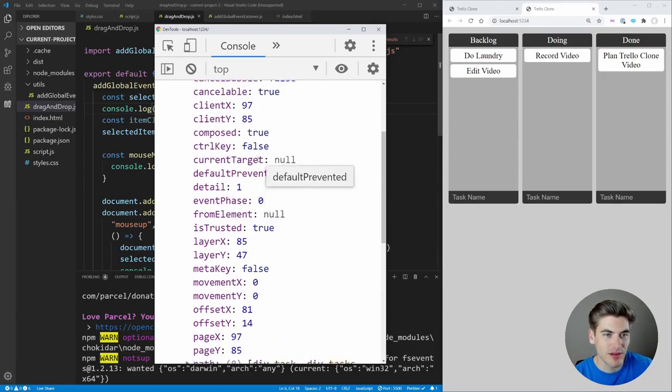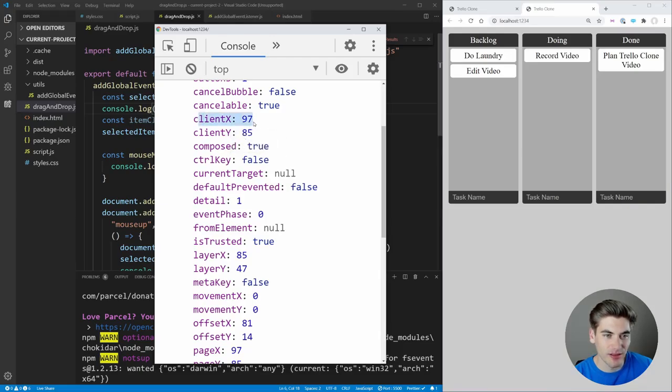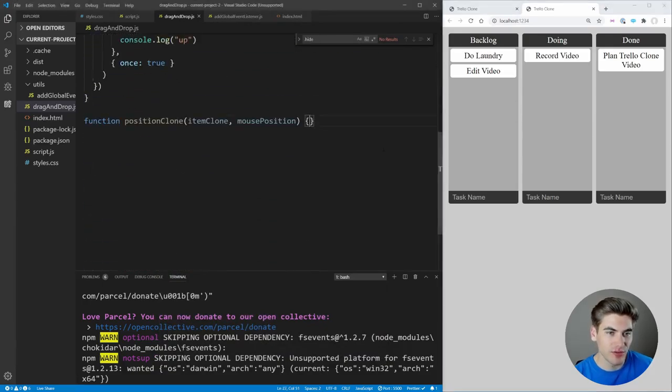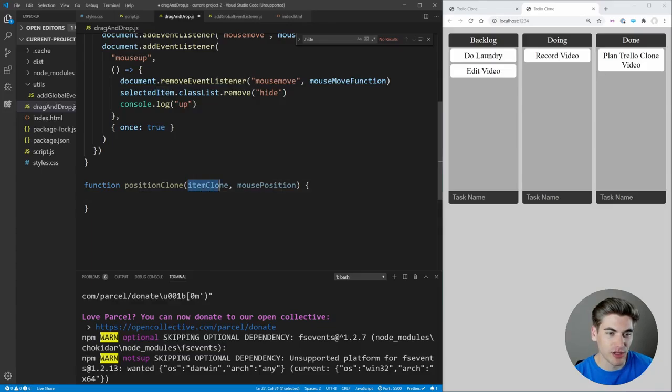But the most important things that we really care about is the position of where our mouse is. If we scroll up, you can see this clientX and clientY. This is going to give us the position of our mouse inside of the client, which is the browser. So that's exactly what we want. So what we can do, we just scroll down to positionClone. If positionClone gets called with our clone and our E, our event, which is our mouse position, we can